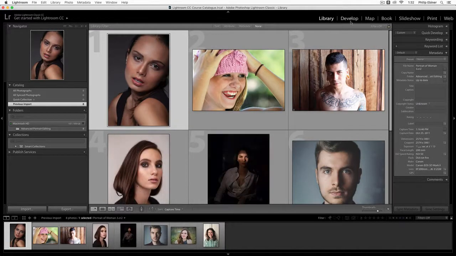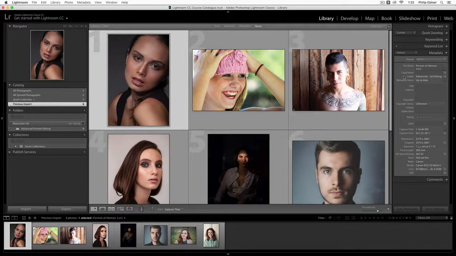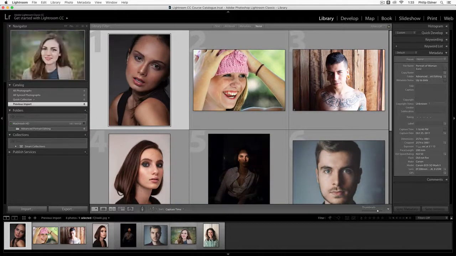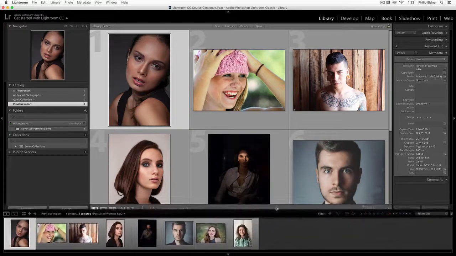Now, just to show you what happens, if you click on another tab up here, we go to different sorts of windows. The develop tab is where we're going to spend most of our time in this course, where we're actually editing photos. You have these other ones, and then library is really where you organize your photos. So in this organizational structure, you have these different windows. You can make these windows smaller and bigger by dragging them in and out. You have your bar down here with all of your photos that you can also make bigger or smaller.